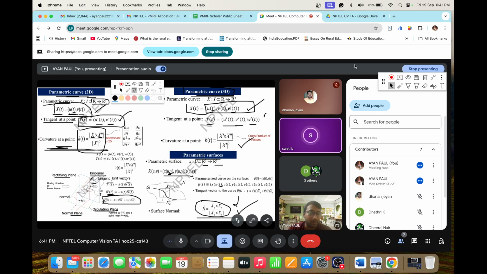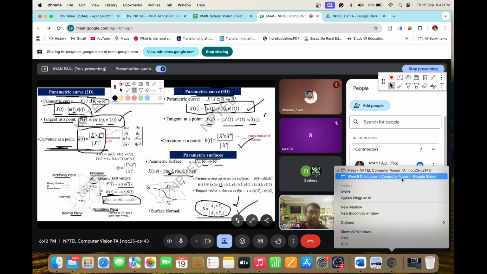So basically, surfaces can be of different types. There is a 2D curve or it may be 3D also, right? No, a surface is always 3D. 2D is only written for understanding. Any equation we first do in 2D and then we move into 3D. That is why the parametric curve in 2D is given. But the parametric surface is the main thing, and for understanding it you have to understand the parametric curve in 3D. The base of the parametric curve in 3D is the parametric curve in 2D. So this is the whole story.